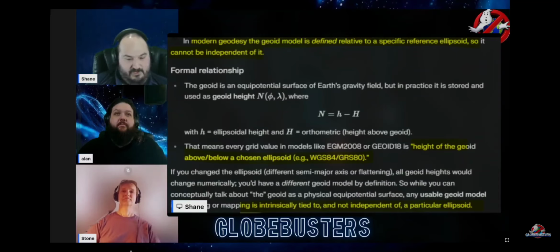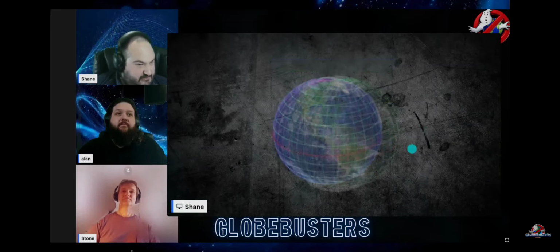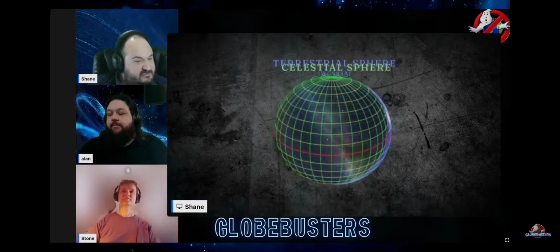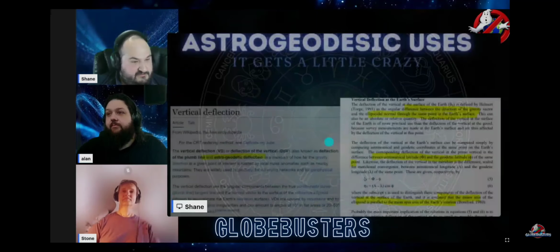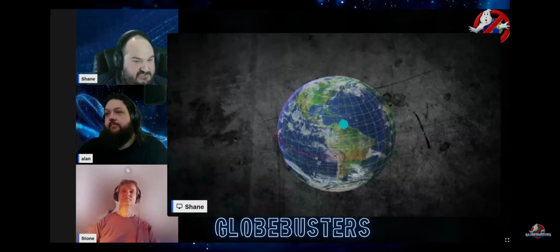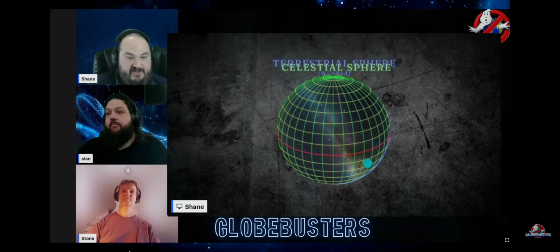Now, in our previous presentation, we were putting the celestial and terrestrial sphere models together, and that was the argument to create the globe Earth, which was the combination of two abstract coordinate systems. And using the celestial and terrestrial sphere combination, you get an introduction of an astrogeodetic deflection, also known as deflection of the vertical, meaning when you're taking a point on either of these grids and you're foisting these grids together, so you overlay one over the other, any deviation from that point within these grids